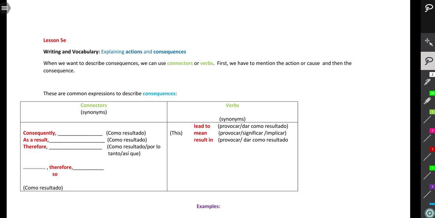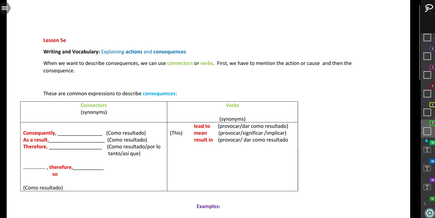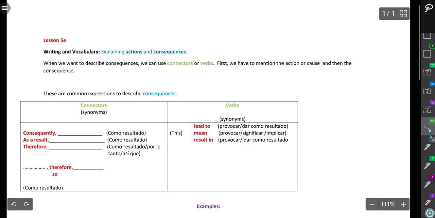Hey, what's up, guys? We're going to check in this short lesson, lesson E, something about describing actions and consequences. It's something about connectors and some vocabulary. Okay, well, first of all, I want you to look